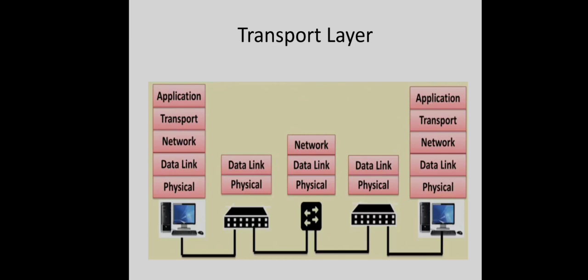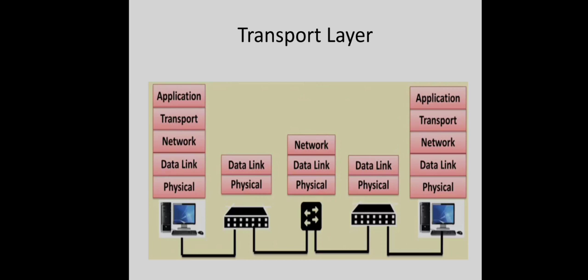Suppose our source machine is part of a local area network. Definitely different machines in this local area network will be connected using a bridge or layer 2 switch, right? And like that, our destination machine also is part of a local area network. This local area network will be connected to the subnet with the help of some router, right? Let us call those routers edge routers. This edge router also will be part of the subnet. So one edge router will be there to connect our sender's network, and another edge router will be here to connect our destination's local area network to the subnet.